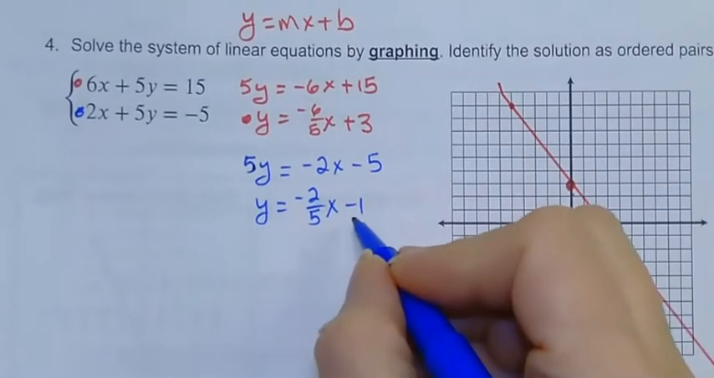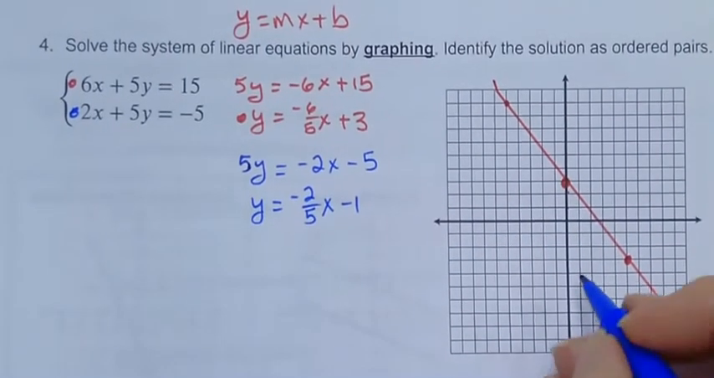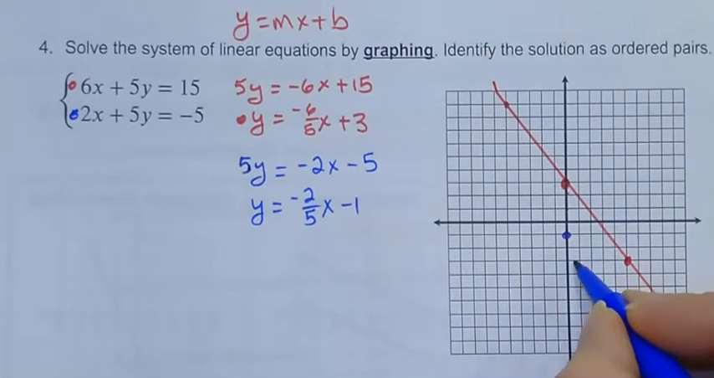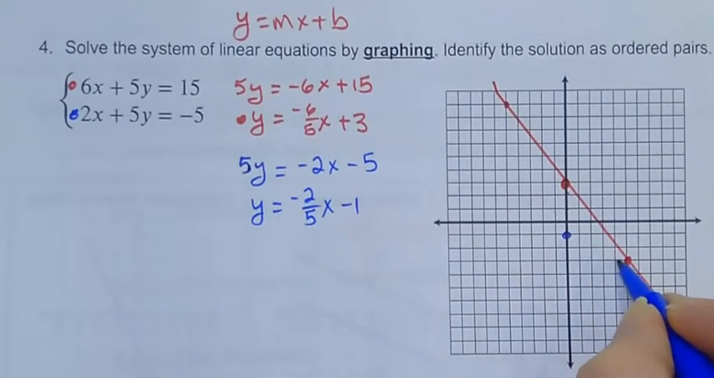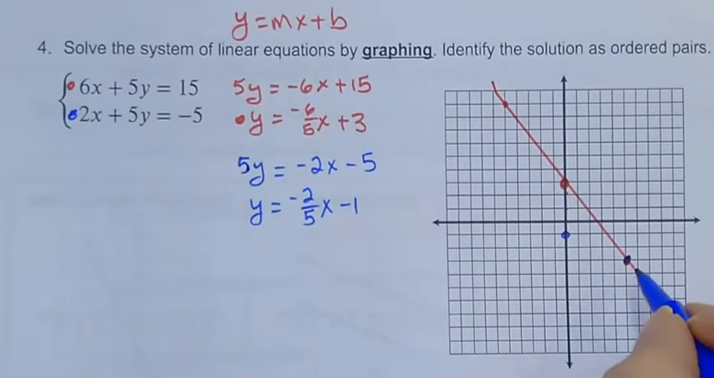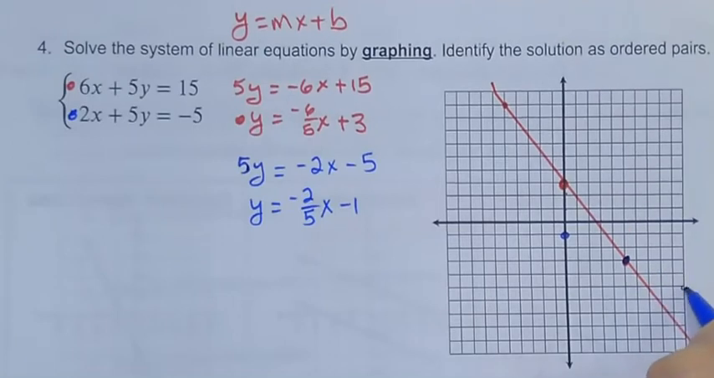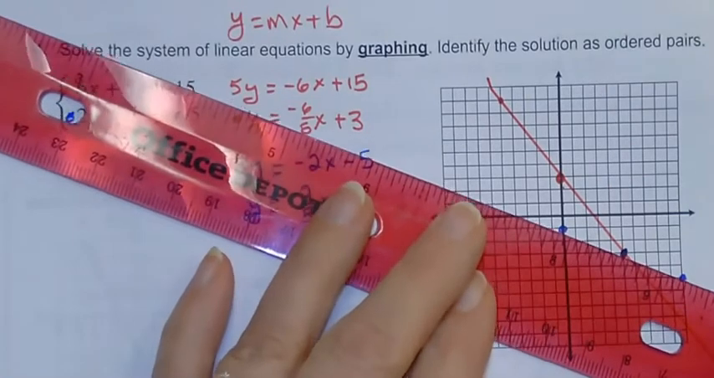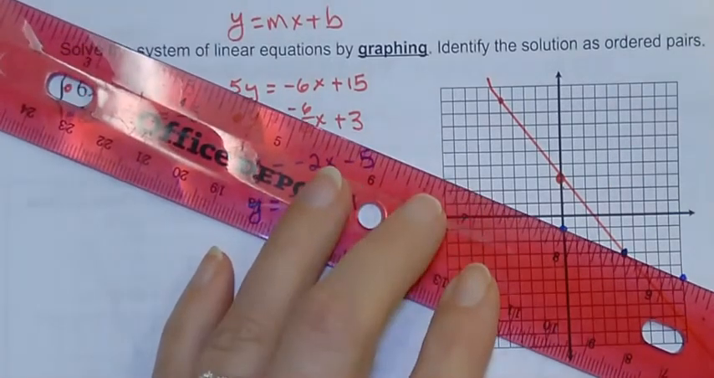I start with my b value, negative 1. So I start right here, and this is going down 2 over 5. So I'm going to go down 2 over 5. And that's great because I can see I'm exactly on the same point. And I might go down 2 over 5 again, just because that gives me more points to line up. So when I draw this graph,